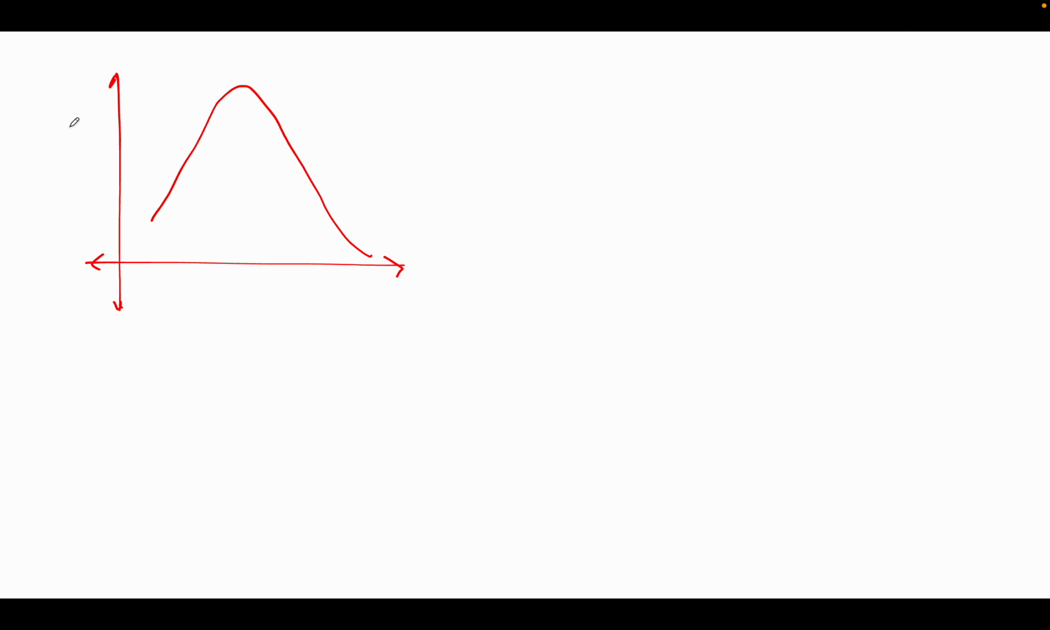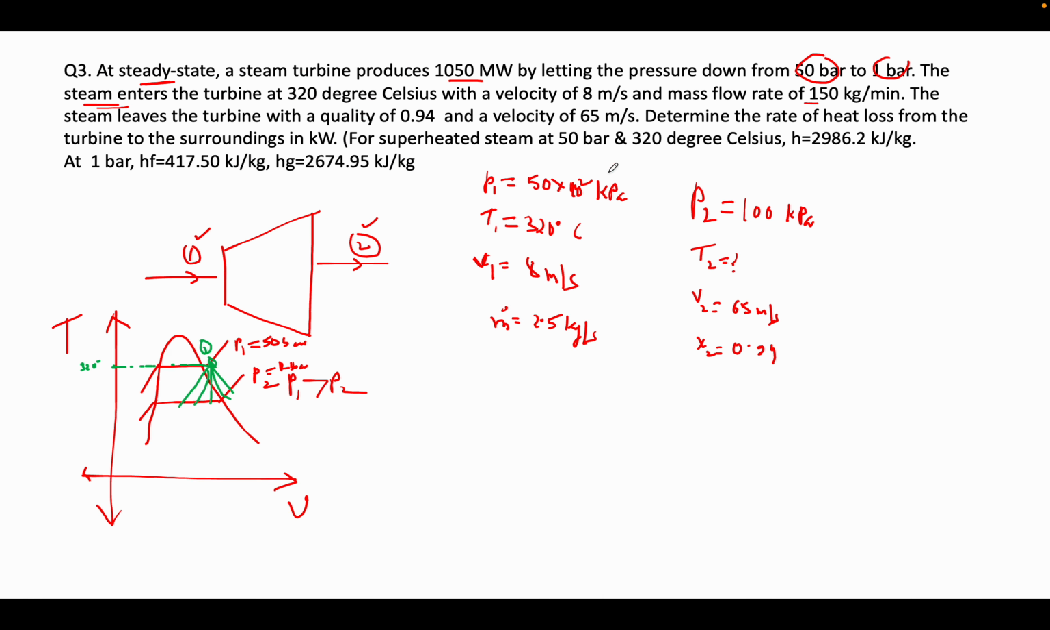Let me draw this dome shaped, and this is T and this is V. Now this is my constant pressure first pressure line, this is my P1, and this is my P2 suppose. Now before going to this, how do we come to know that at pressure P equal to 50 bar and temperature T equal to 320 degrees Celsius it is a superheated steam? This will be discussed in detail, but I'm just telling you, you have to first of all go to